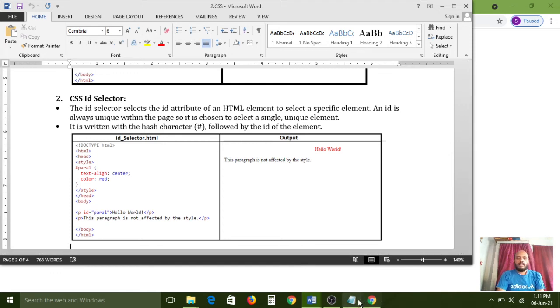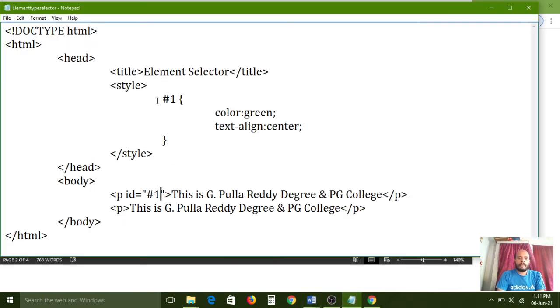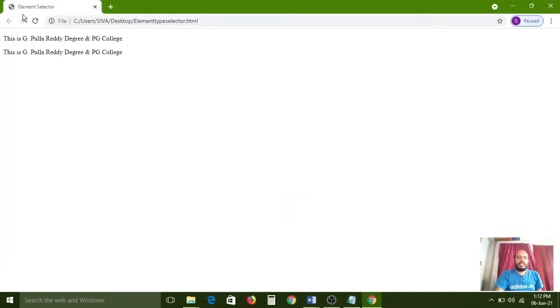Okay, I think the name cannot start with a number, so that is the problem here. The name is what? X. Okay, X is enough. Here, instead of this one, I am removing the slash symbol and giving X here. Now I am refreshing the page. Yeah, the property has been applied for the first paragraph only.